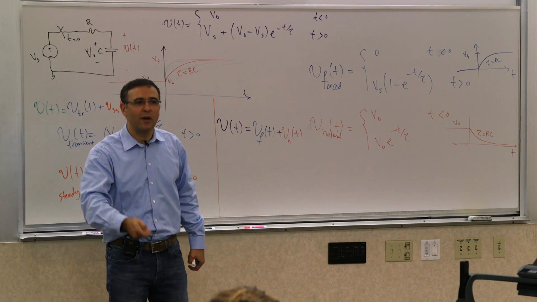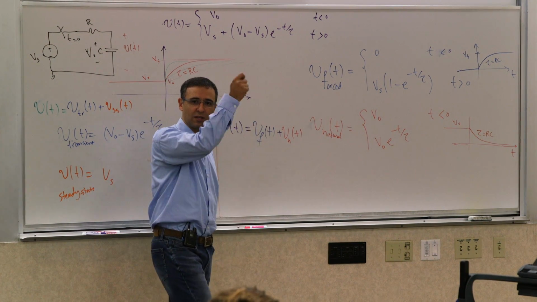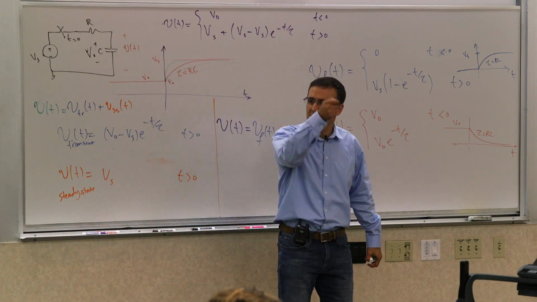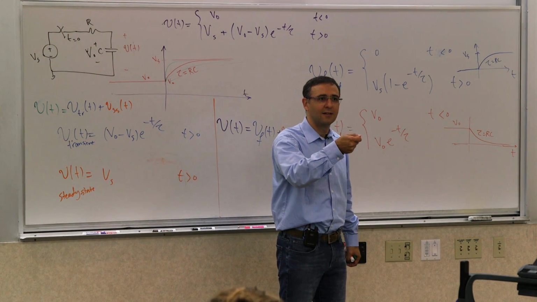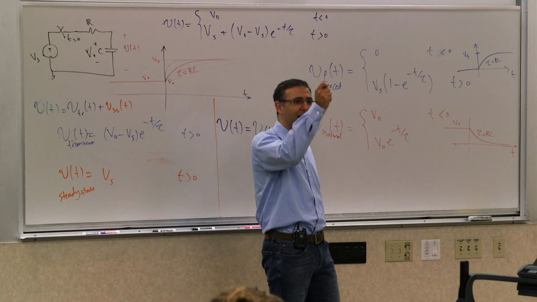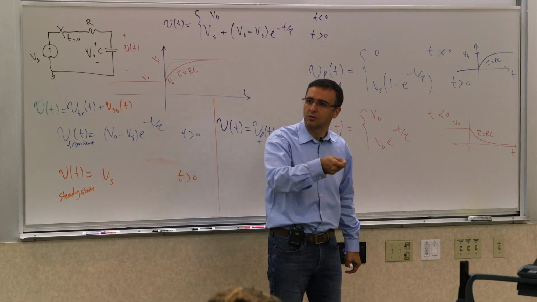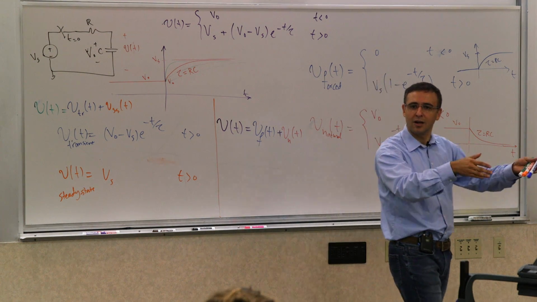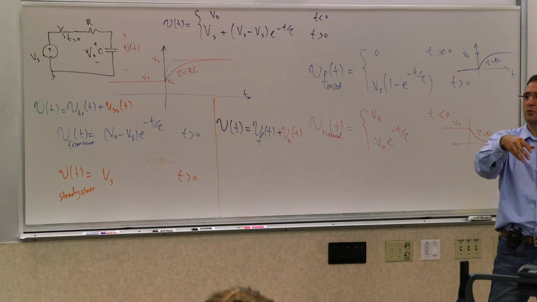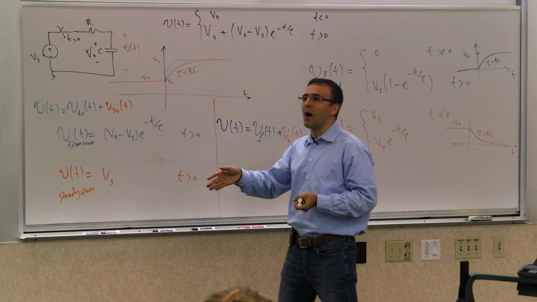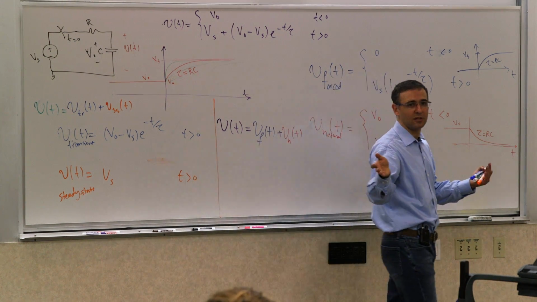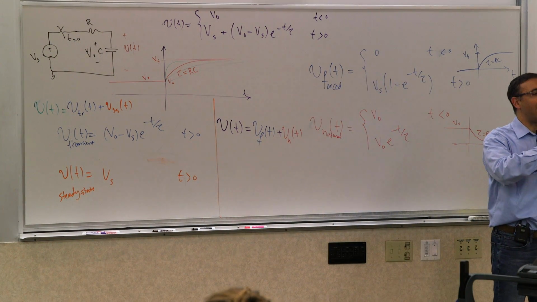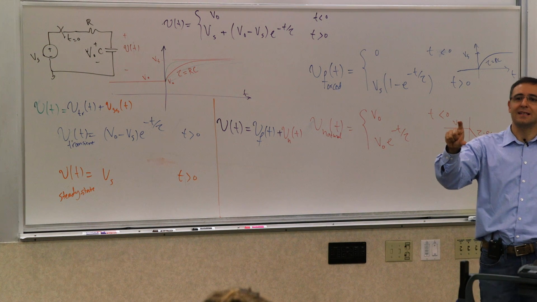For example, if I apply a constant sinusoid to a circuit, right? Let's say the circuit is off, and I start applying a sinusoidal function to it. Initially, it will do some transient thing. It will react to it. It will go through some transient. But after a while, those things will usually decay, depending on what kind of circuit you have. And you're left with a response that's steady state,